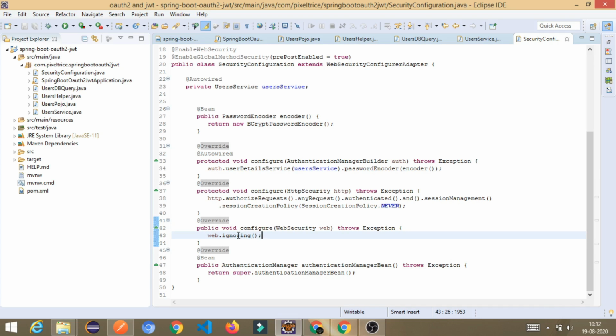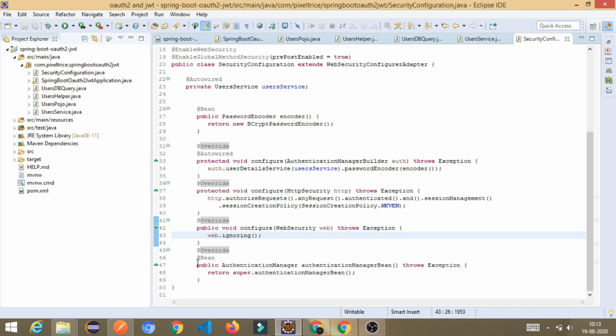The purpose of this line is that if you give any URL or API here, for a particular API where you don't want to check the security, you want to give access to that API without going through the security or the authentication. So you have to put the name here. But here I'm not giving any particular API. It means each API which I am going to create has to pass through the web security, or the Spring Framework security.